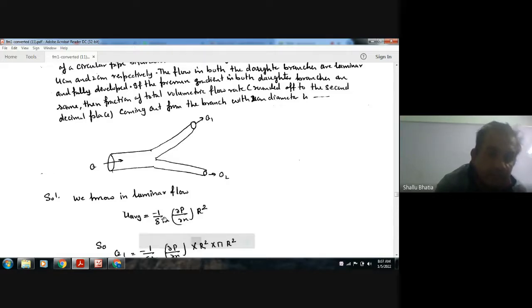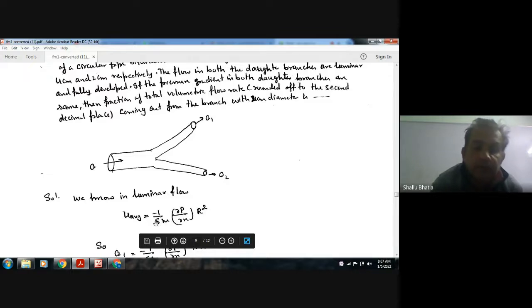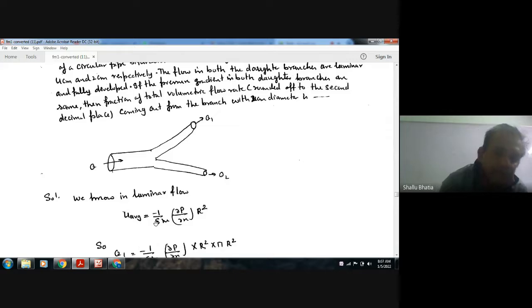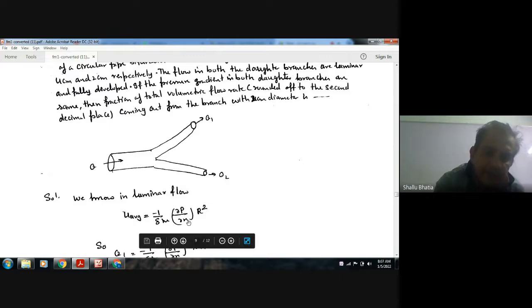Then this formula you can think of in pipe flow, in laminar flow through a pipe. So the average velocity here is minus 1/8 mu times the pressure gradient times R squared, in terms of pressure gradient. Now for one,